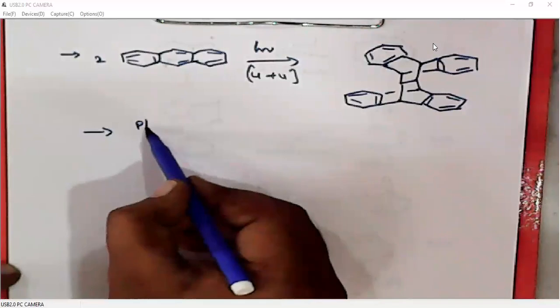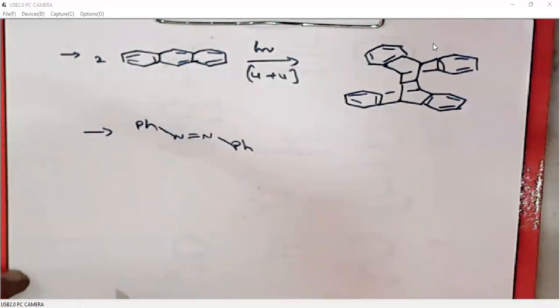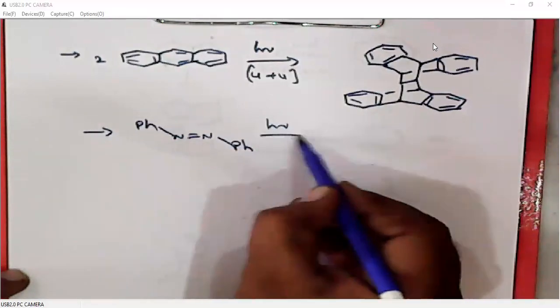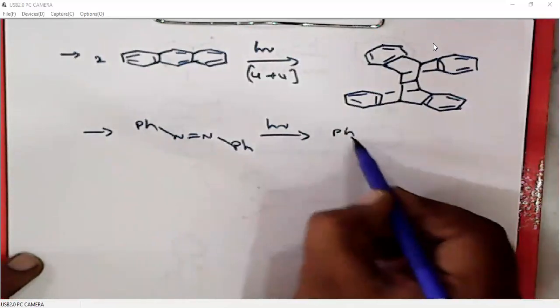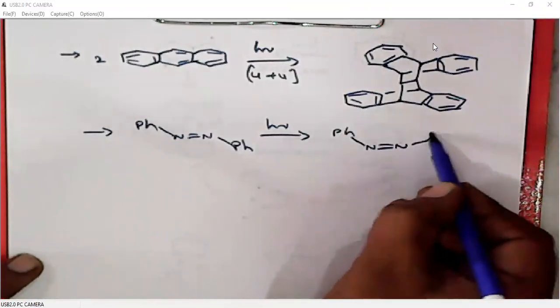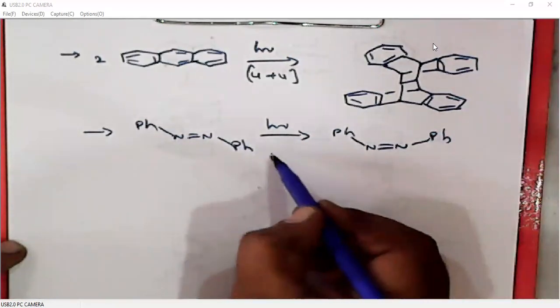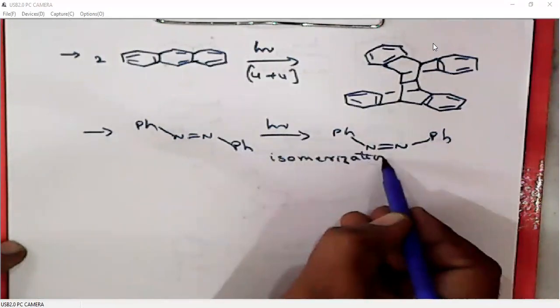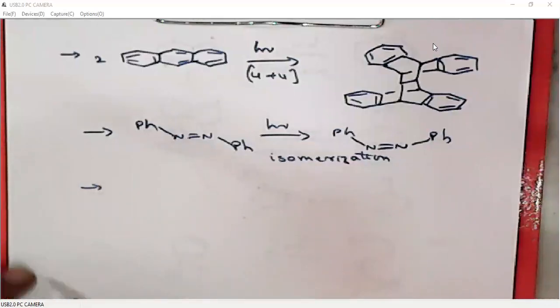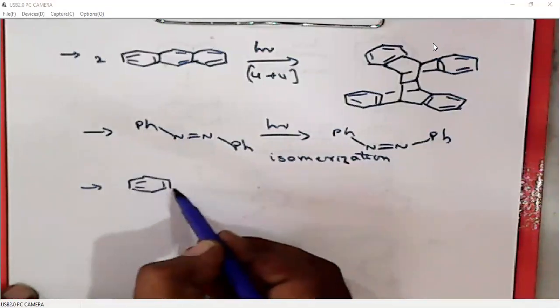Photochemical conditions may have isomerization reactions. So when a cis compound is treated, it may be converted to a trans compound. When the trans compound is treated under photochemical conditions, it may be converted to a cis compound. So this is what is called photoisomerization. I'll give a sequence of reactions which involves this photoisomerization. This is trans stilbene.